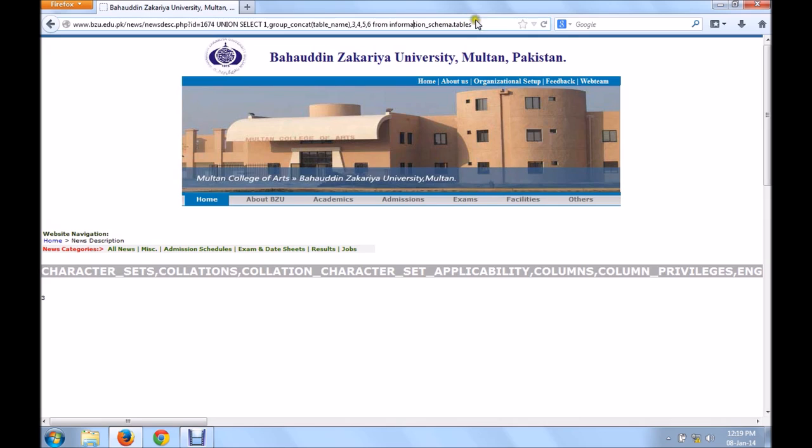Over here now we have to put the table name so that we'll come to know the exact columns which are present in that table, where table schema is equal to the database name, that is BZU.